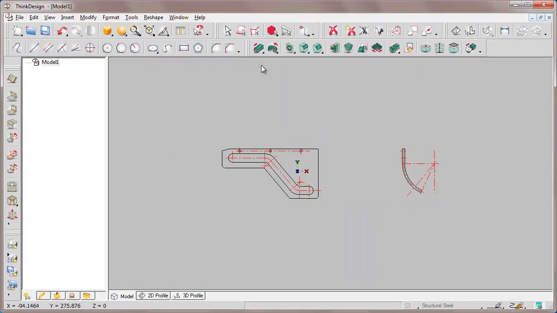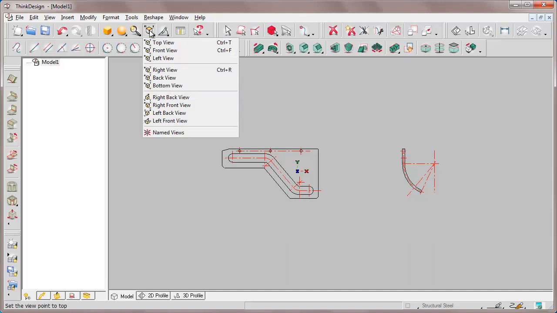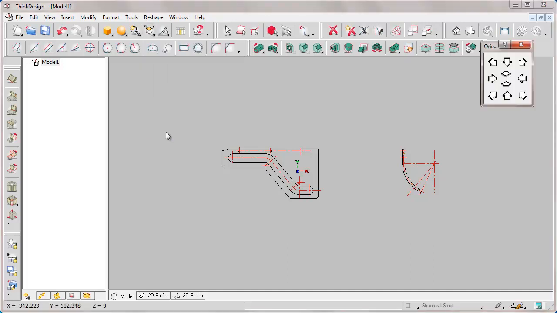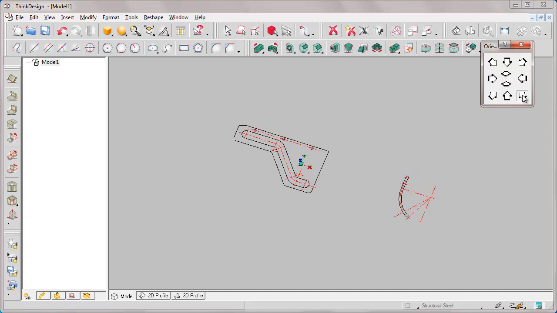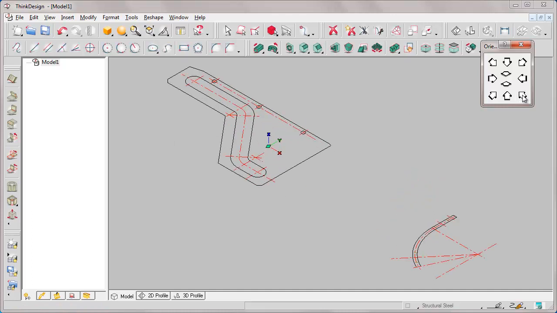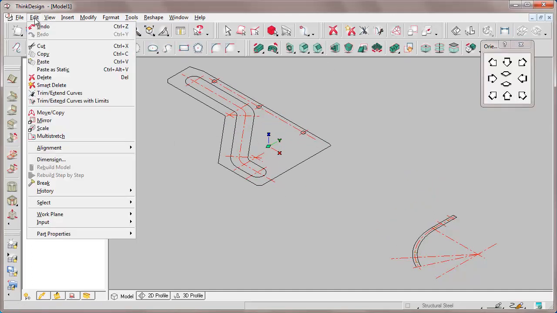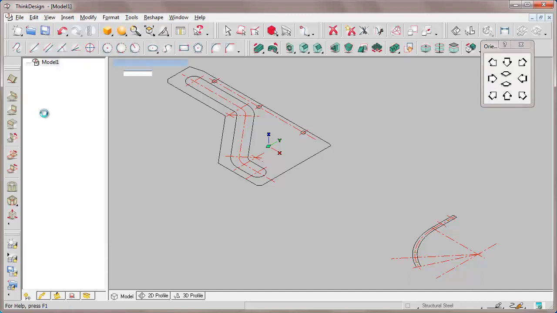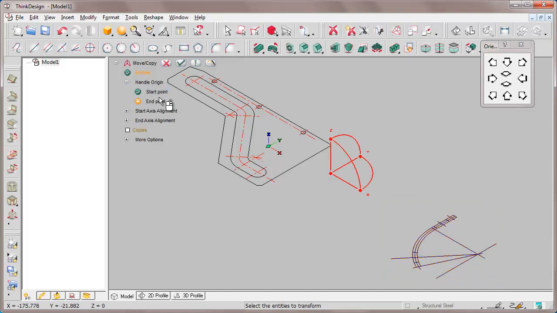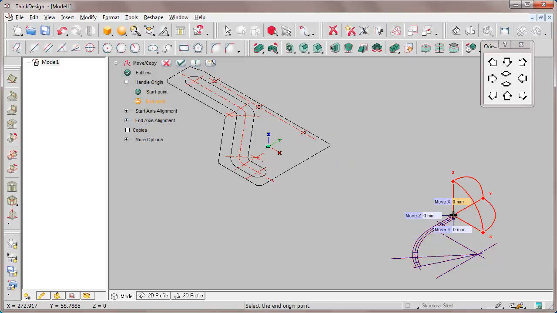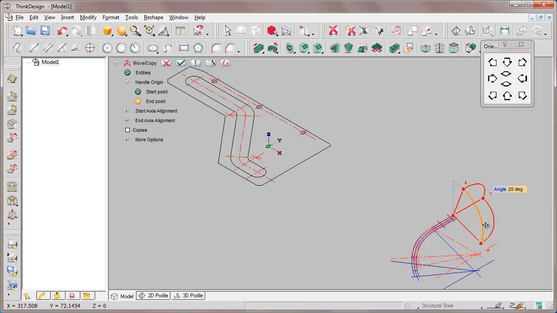Now we maximize the window of the model. We select the right front view. We can notice that all the entities imported from the 2D environment lie on the XY plane. First, we have to change the orientation of the entity which represent the side view of our model. We rotate them of 19 degrees around the y-axis.